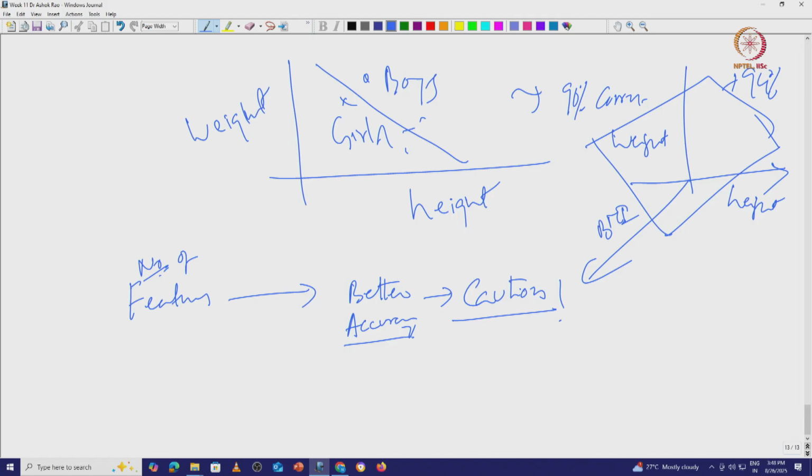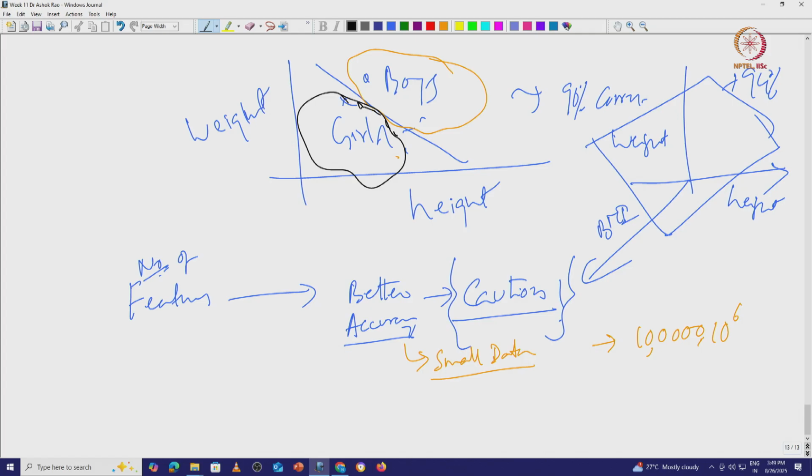You have to exercise caution on two things. The reason you have to exercise caution on two things is, one, that it is on small data. In practice, you may have to solve data for about 1 lakh or 10 to the power 6 or 7. So, on very large data, what you did may not work as well as it worked here, quite likely it will work better. Okay. So, typically you take very large data, you will have all boys here and all girls here, a small error will be there. Okay.